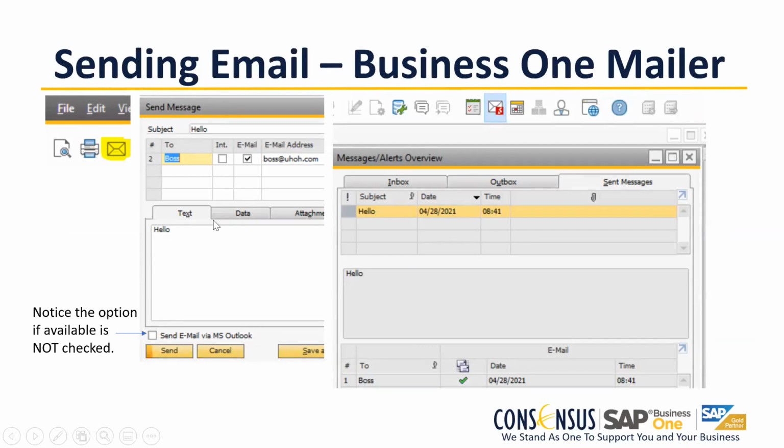Basically, if you want to send it through the mailer service, you would just uncheck this. What happens then is that instead of this going into your Outlook sent or outbox, you can check it here with this icon on your toolbar, which is your messages and alerts overview. When you send a message, it'll go into your outbox, just like if it was Outlook, but really is inside